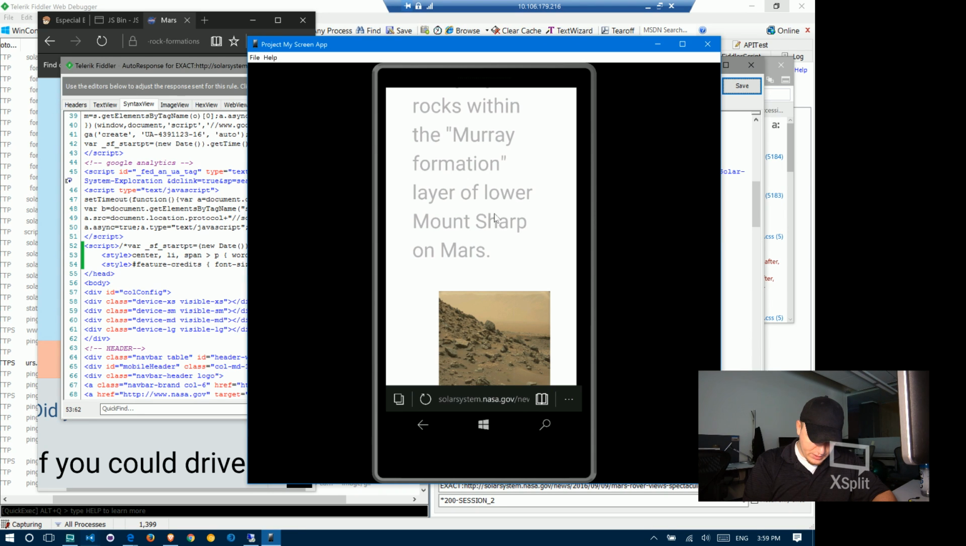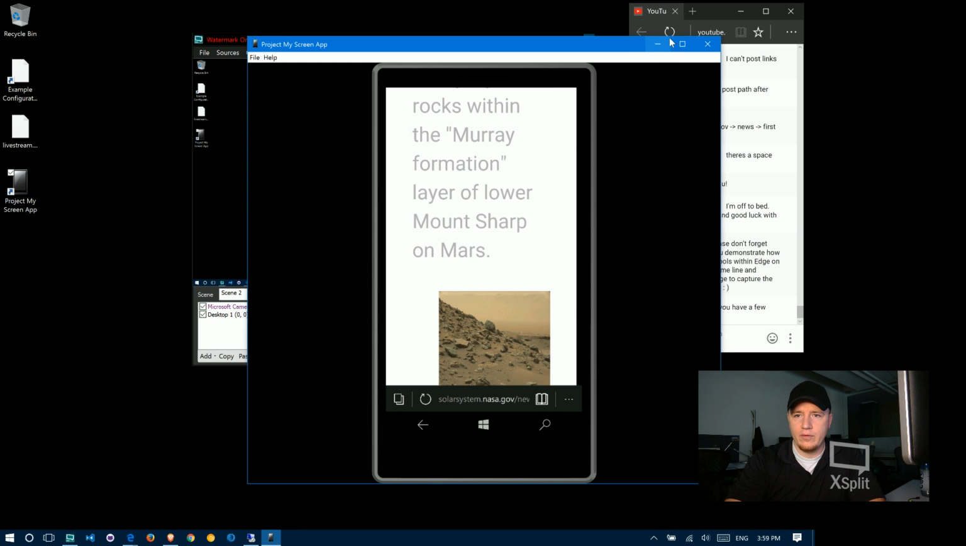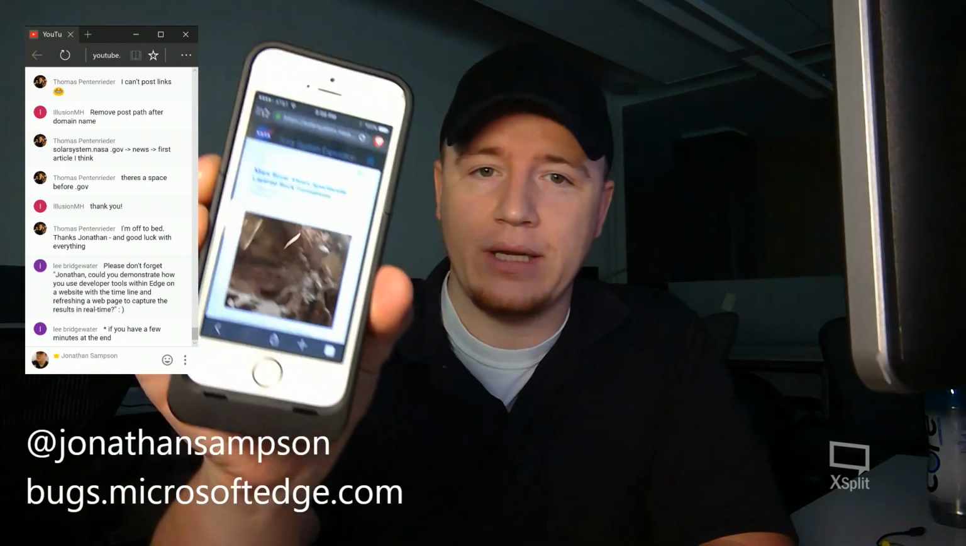Let's go to news, main. Okay, and here I found the article. So I've got the article now loaded up, and I'm going to minimize all this stuff on my screen real quick and go back to the primary view, which is scene 1. And I've got the article now on